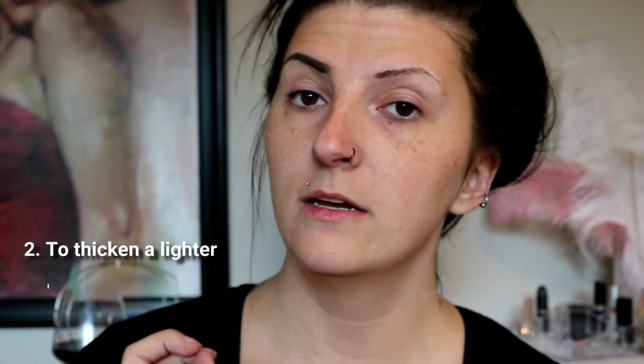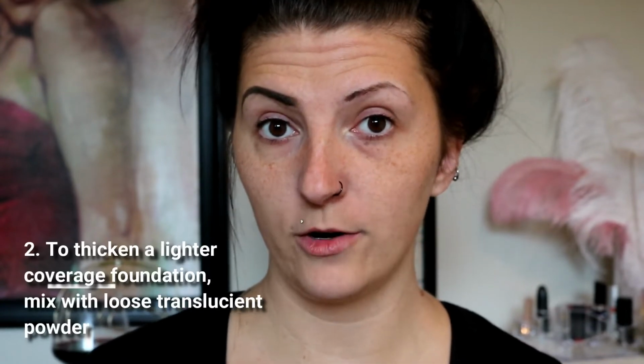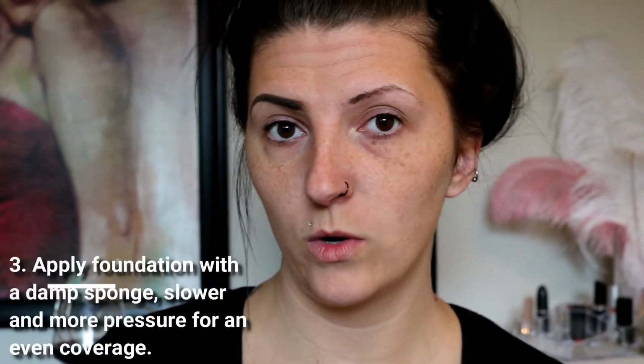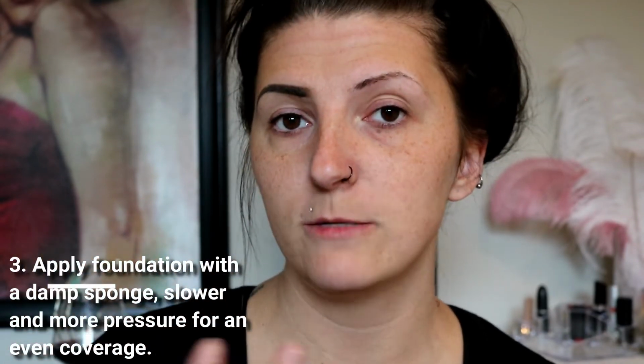So the next thing that I'm going to do is my foundation. So this is the second tip. To make it thicker, you're supposed to apply some translucent powder in with the foundation. So first I'm just going to apply it normally to the one side of my face. Another tip, the third tip, is